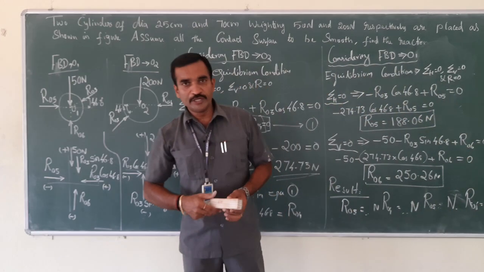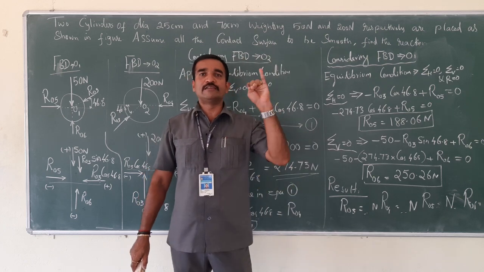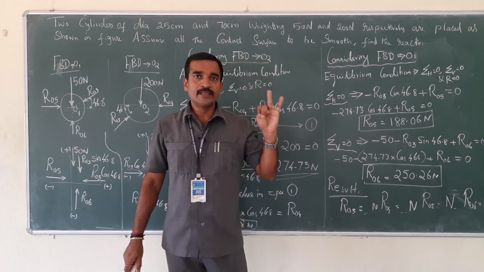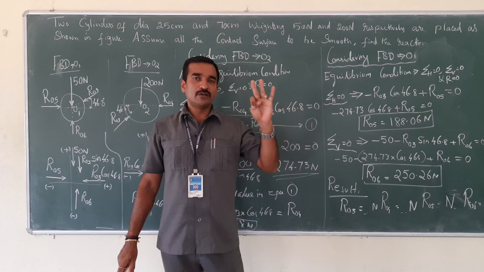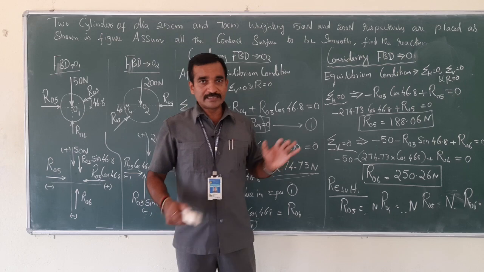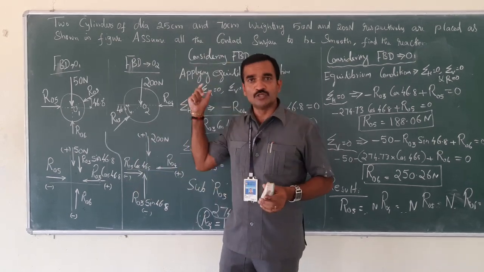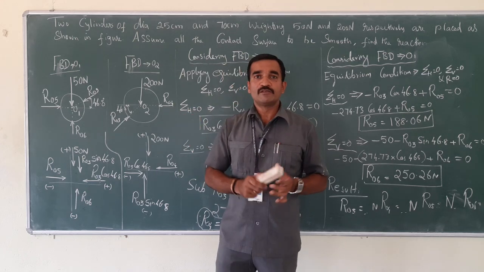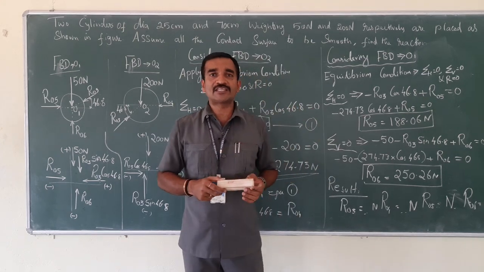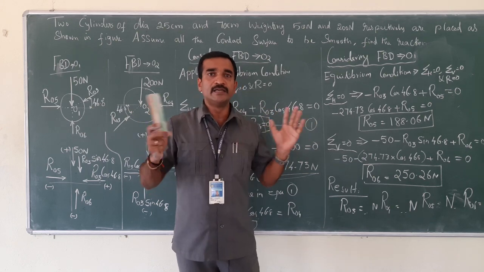So as I told you, you will have to divide this problem into 4 parts. The first one is given data, the second one is to find, the third one is solution, and not last but the least one, that is result. So this is the format you will have to follow. Hope you have all understood how to solve a problem from the chapter action and reaction when you have 2 cylinders in a chamber or in a container.